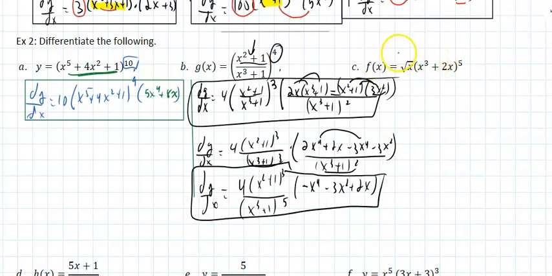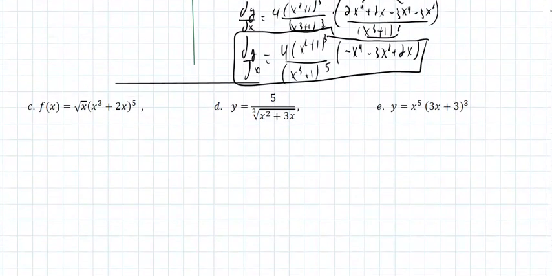Now, if I take a derivative of f, I'm running out of space, I'm just going to make some adjustments. And now if I get to part C, if I want to take f prime, this is the product rule, derivative of the first, and again, it's worth memorizing that the derivative of the square root is 1 over twice the square root. Derivative of the first times the second